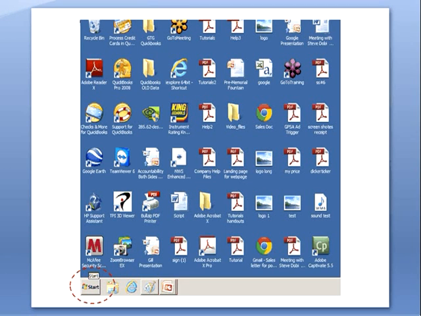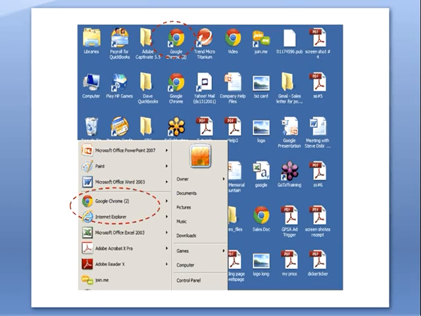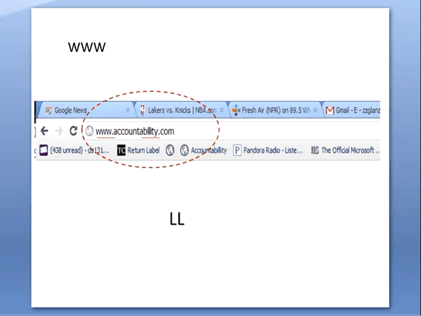Do this by opening a browser on your computer. At your desktop, the bottom left, click on the Start button, which will bring up a window that looks like this, and you'll need to find either Internet Explorer or Google Chrome or whatever browser you use. Click on that, which will open up the browser, and in the URL address bar at the top, you'll need to type in